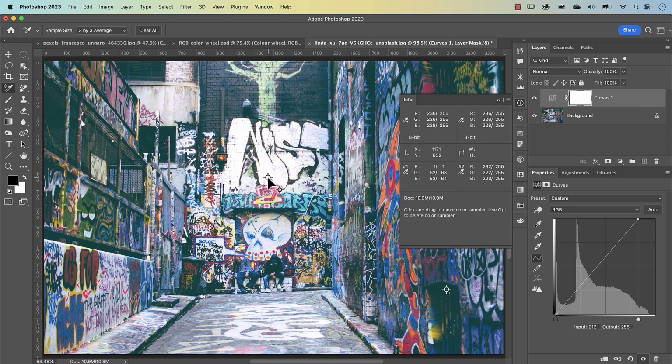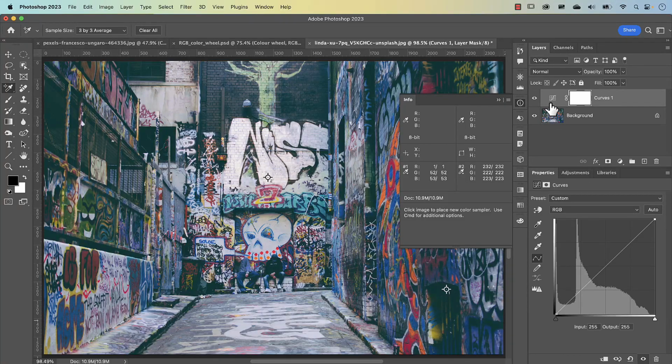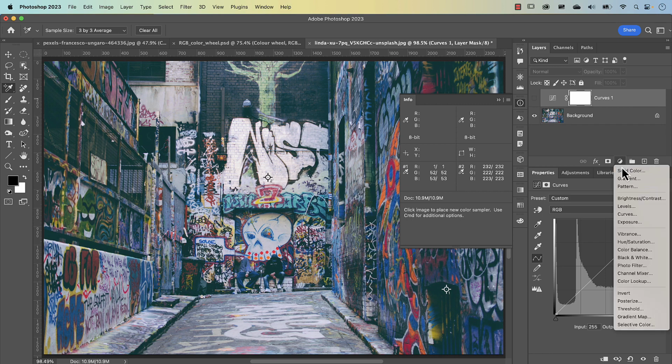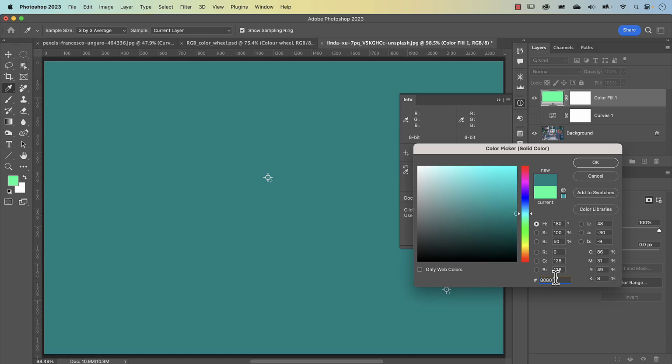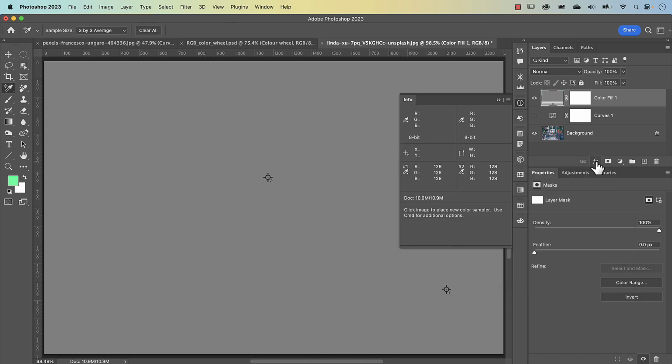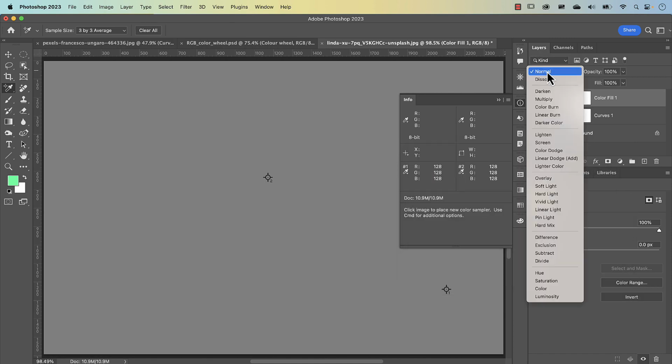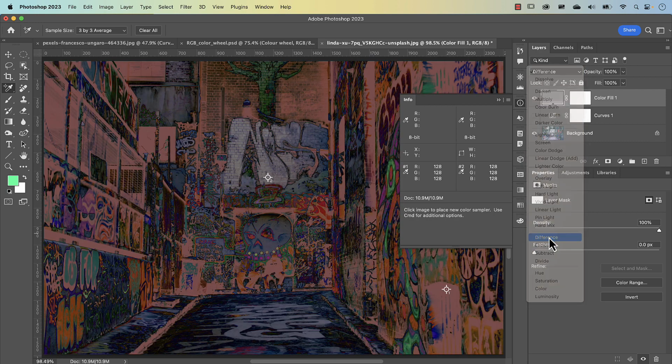Now getting the mid-gray point is a little bit more complicated, but is pretty easy. So let's reset this back to where it was, and I'm just going to disable this for a sec, and then I'm going to create a solid color. Now the color that I want is the mid-gray point, right? So the hex code is 808080, or you could have typed in 0 for your hue, 0 for your saturation, and then 50% for your brightness. I'm going to press OK, change the blend mode from normal to difference,